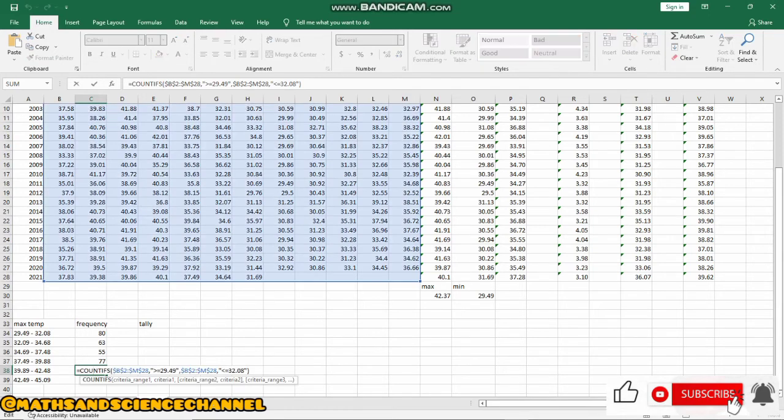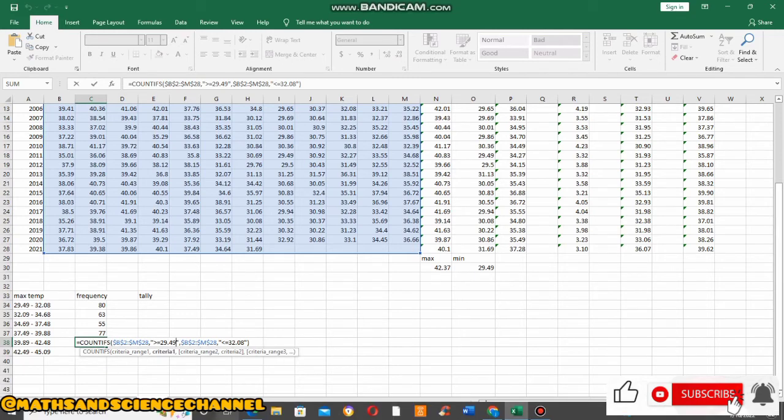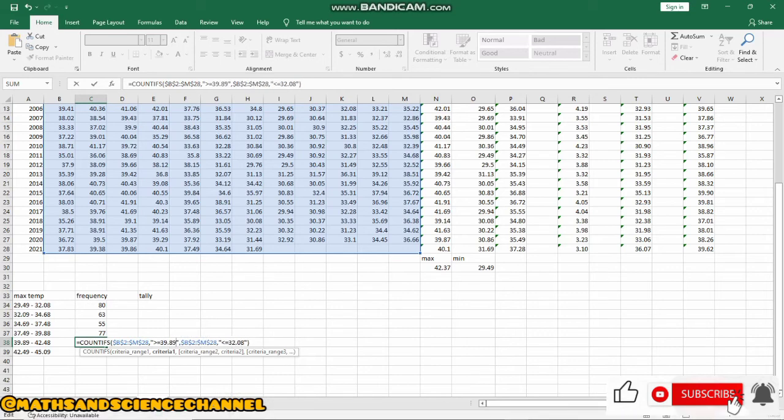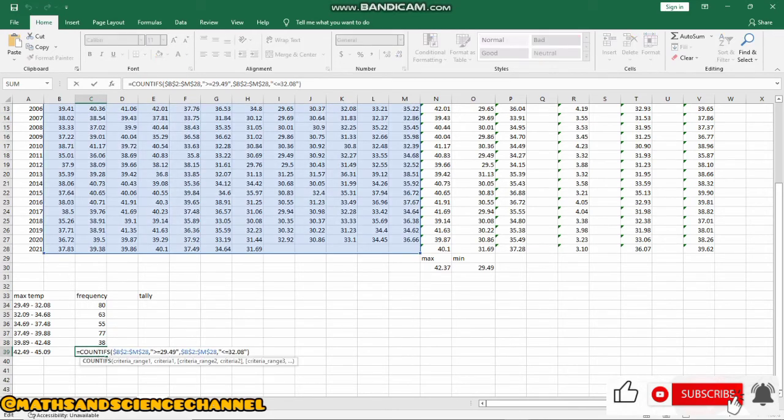And then we come to this part, and then you have the values, the lower limit to be 39.89, and then change this one to 42.48, and then you enter, then it gives you that. And then for the last part, you just have the lower limit to